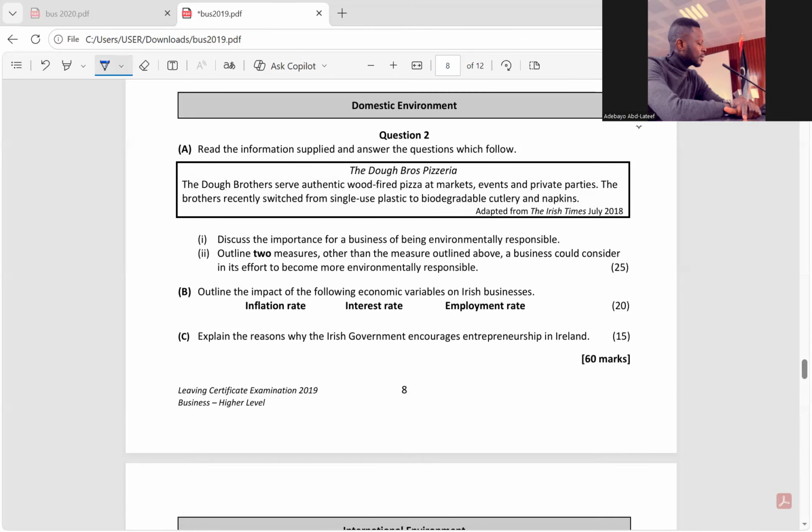The third one is risk of wage inflation. As soon as the inflation rate is increasing, workers in Ireland would seek a wage increase from their employers. And that simply means the employers have to pay more, and that is wage inflation. And that increases their cost of production. So these are the consequences of high inflation rate.